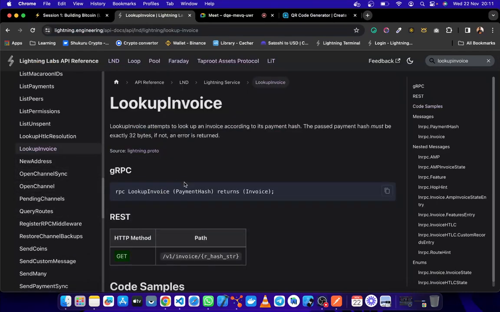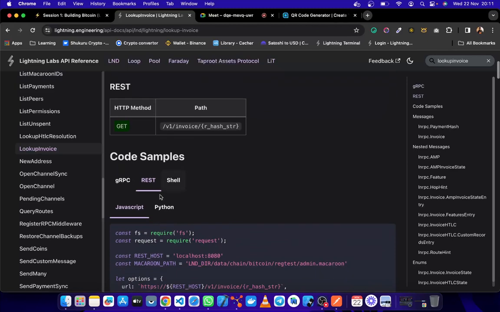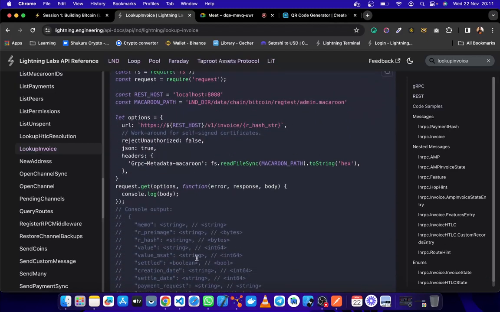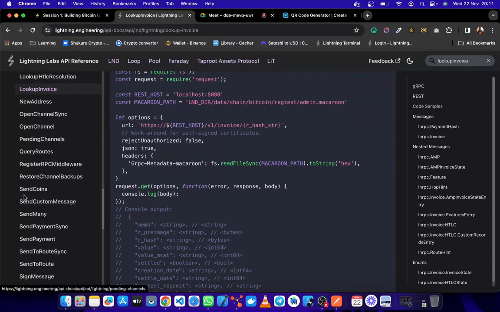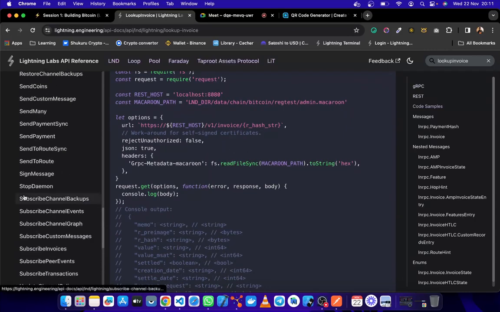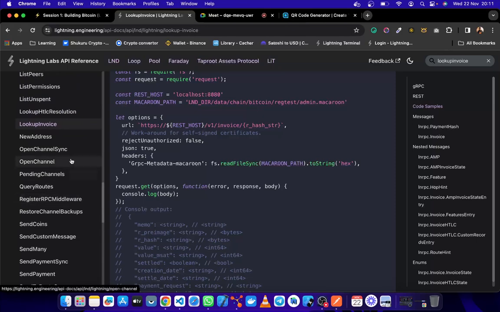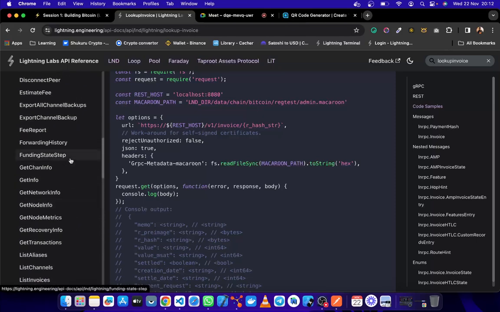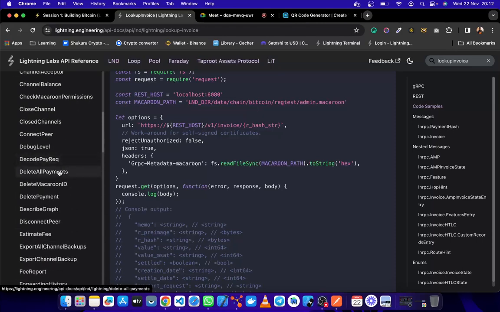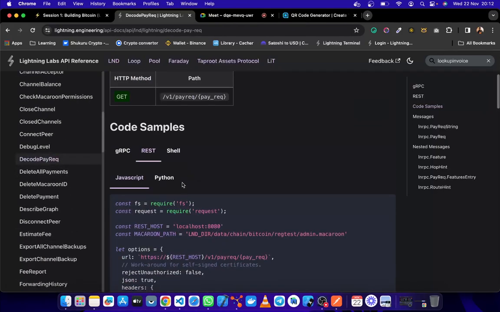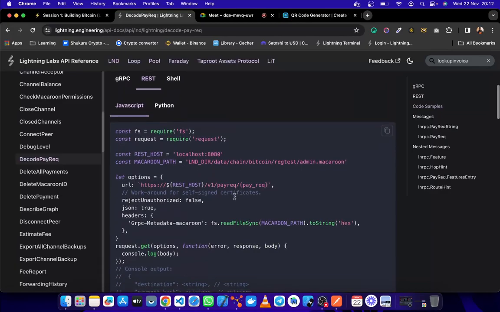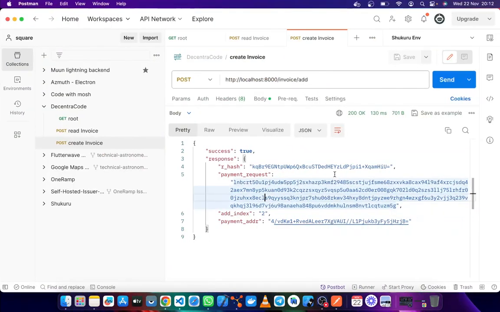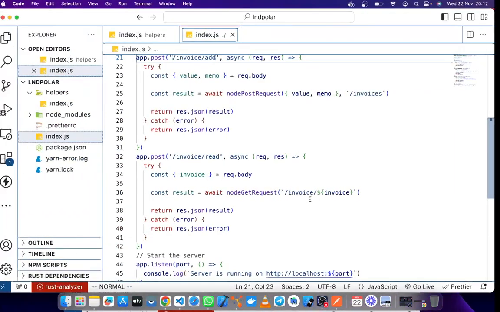So like I said, this documentation is not very clear. There's a lot of stuff that you'll have to figure out on your own. There's a lot of trial and error. I remember I spent some good time with that issue of the decode invoice. I could have hacked it in a very funny way that I don't remember, but maybe look at this decode pay request. Let's try that. So let's try the decode pay request.